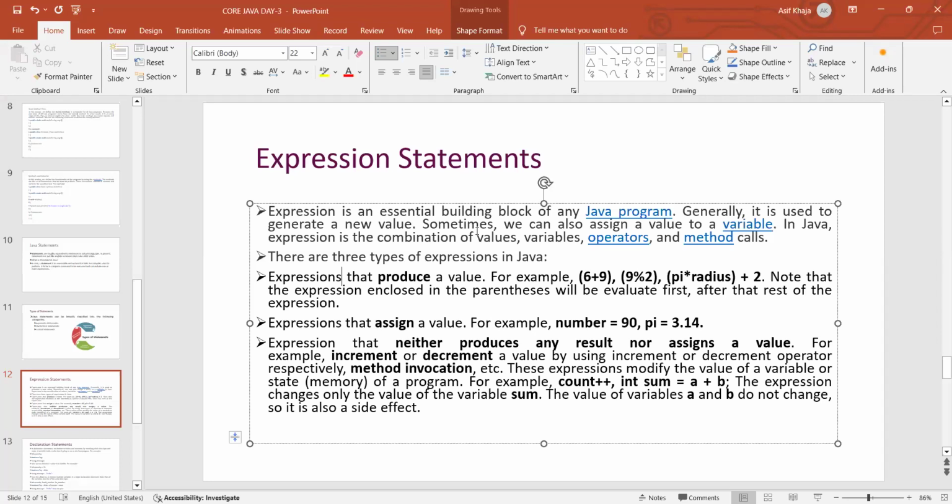One is the expression statement which is producing some value. Another is one that is assigning some value. And the third one is neither producing any result nor assigning any value. So these are the three types into which we classify expression statements. Producing a value means how? For example, see here,